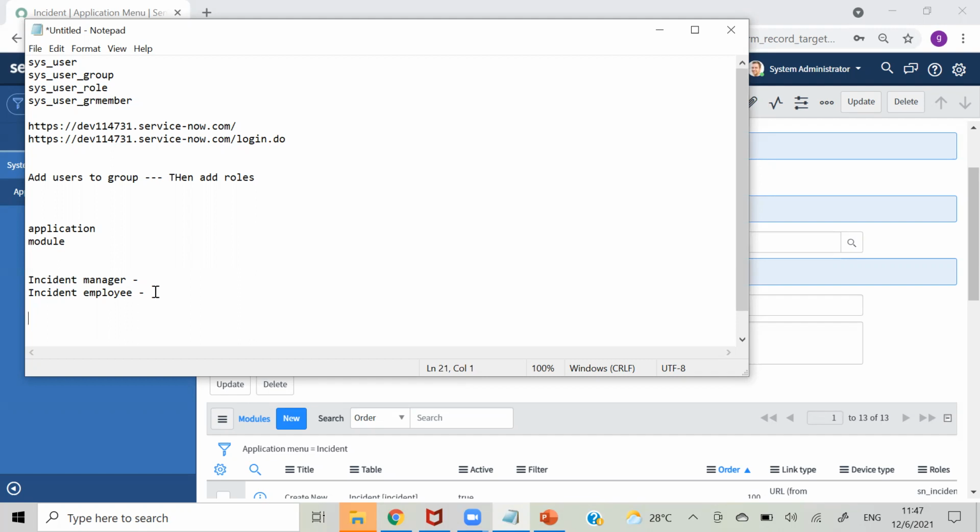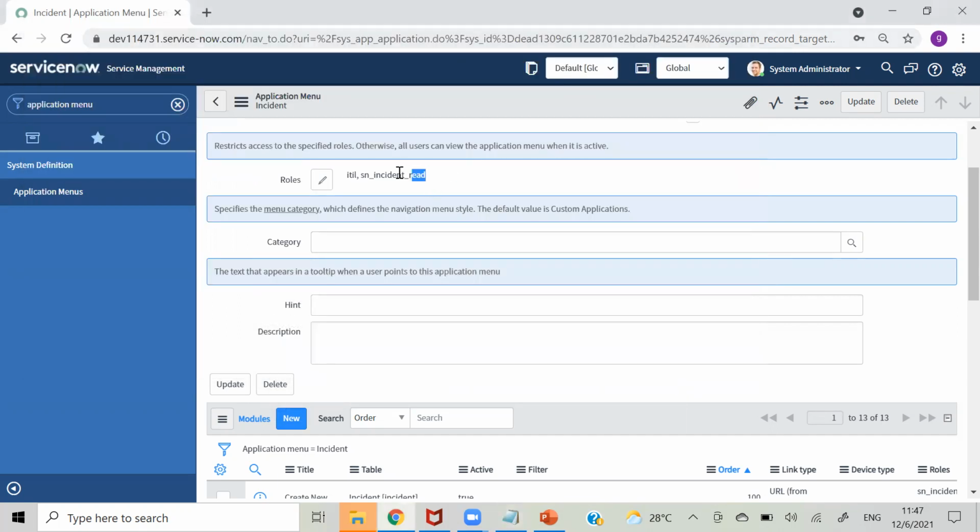Okay, so we have a default role here, sn_incident_read. For example, we will provide this role to the group of people who are working on incident, so they will be able to see incident. Okay, so that is the purpose.